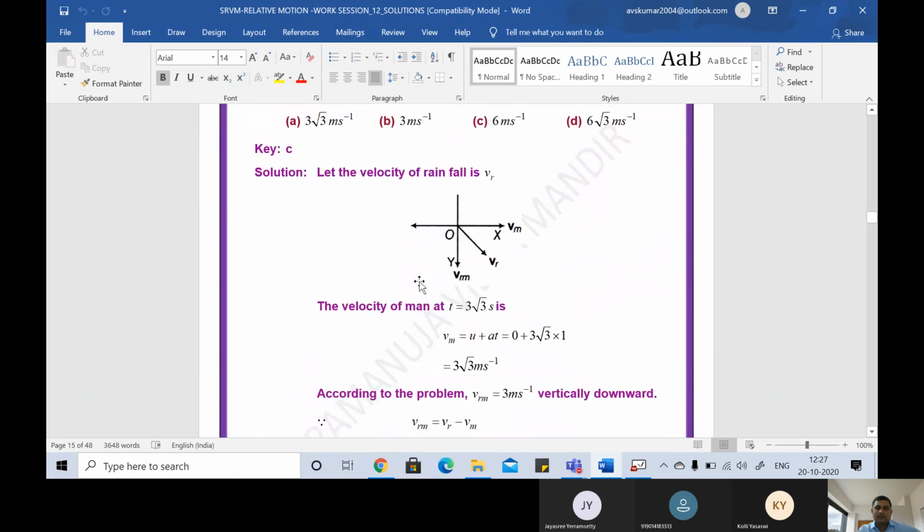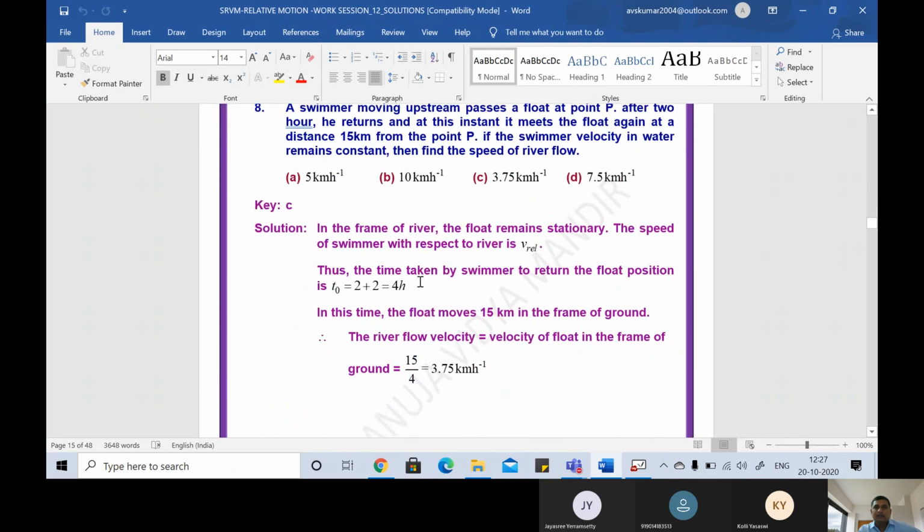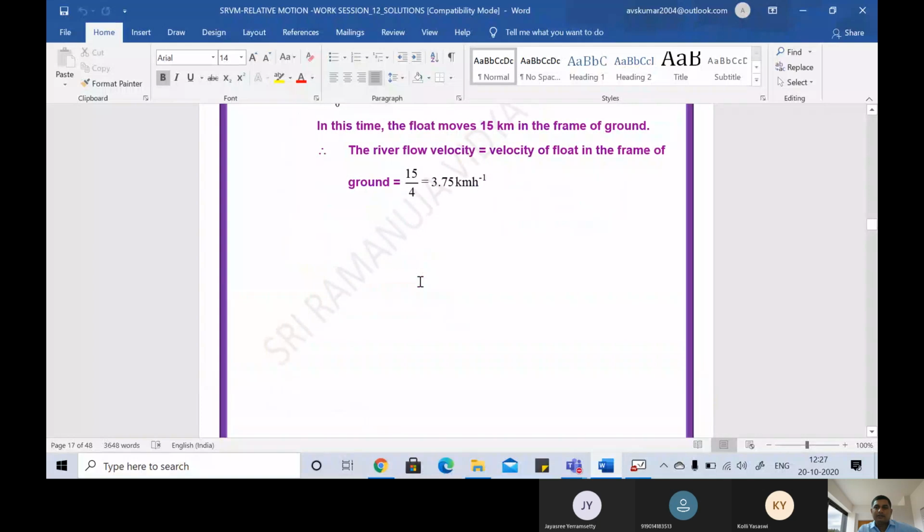Yesterday's problems which you have not solved, those also you can solve. Only thing is you have to allot some time to understand what is given, what is being asked, and what I have taught for you. First of all, you should hear the class carefully and write your own formulas, your own concepts, the points which you have understood. Then if you take the problems and try to apply what you heard into those problems, it will be very easy. Clear?